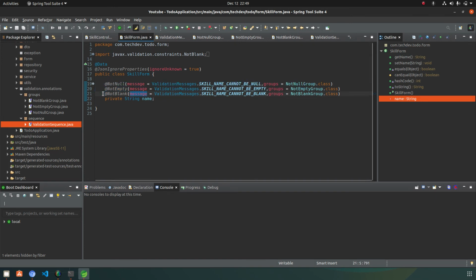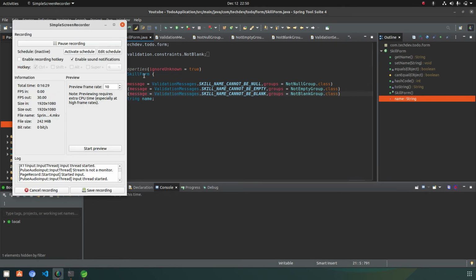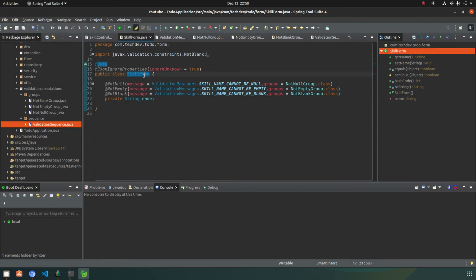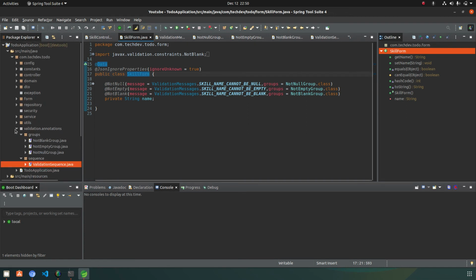Means a not null constraint will be first validated, then the not empty group will be validated, and then after that the not blank constraint will be validated. So now we will test this application and check that validations are working in order or not.